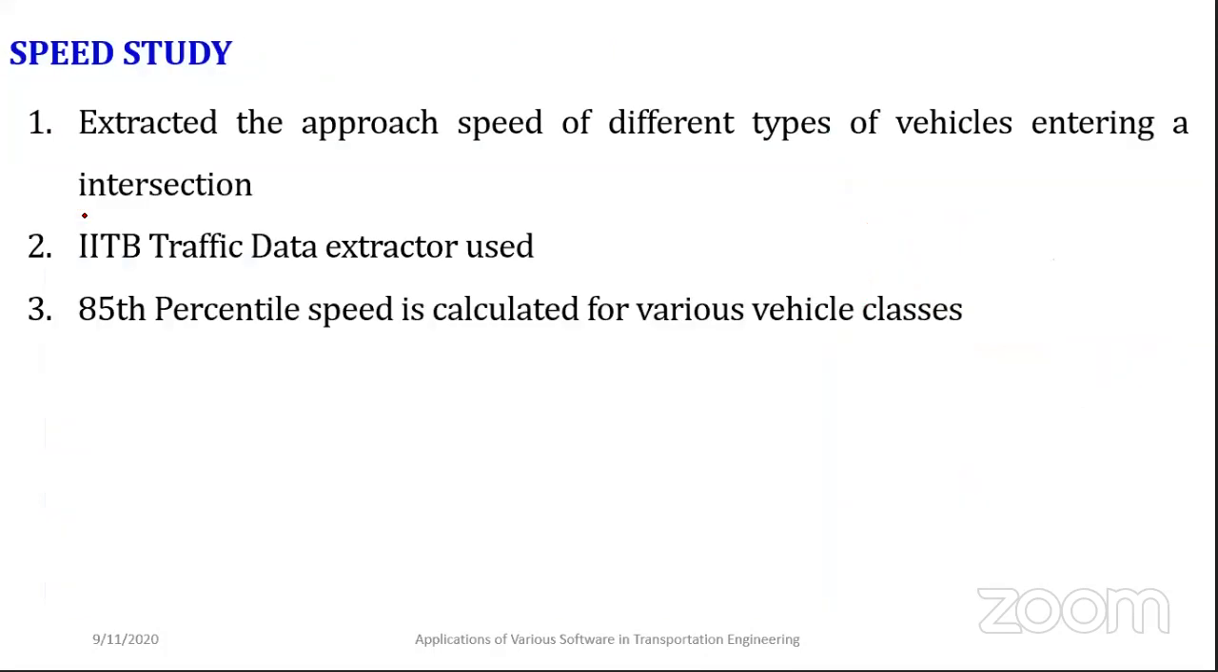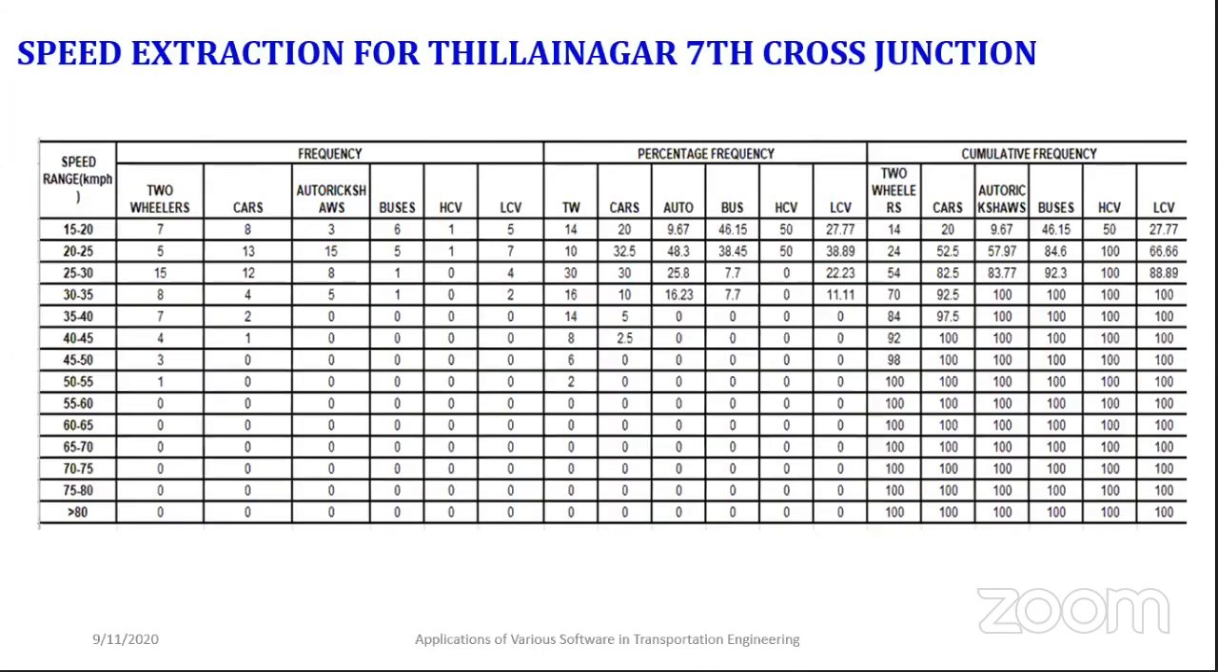So once you have extracted the data, next we are going for the speed extraction. The same as I told, the IITB data extractor software will be there. You can extract the speed of all the vehicles for all the directions, like previously what I have shown with respect to the directions and the vehicle classifications. We extracted the speed value. So in a two-wheeler, first 15 to 20 km/h,